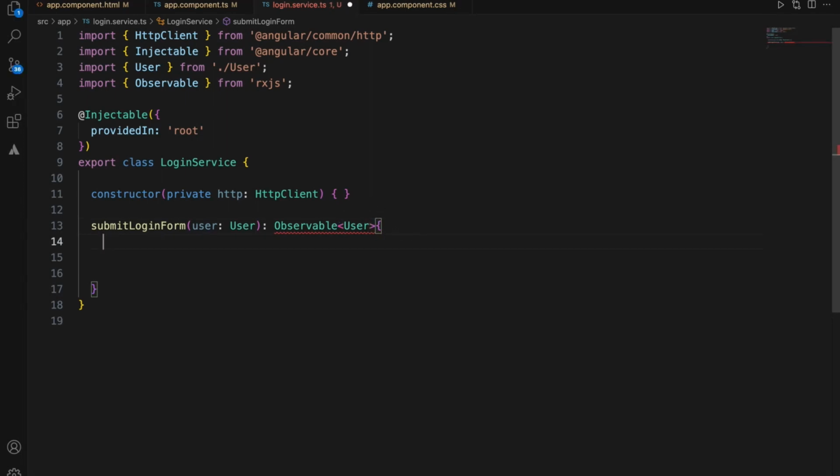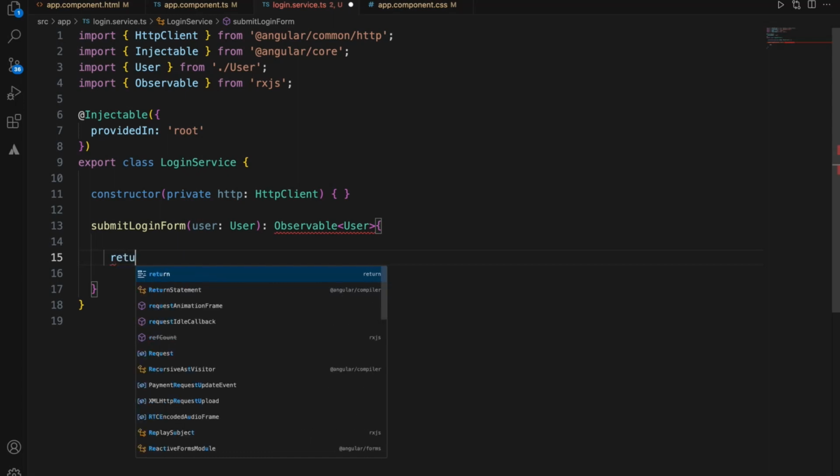Let's import the observable. Here, return